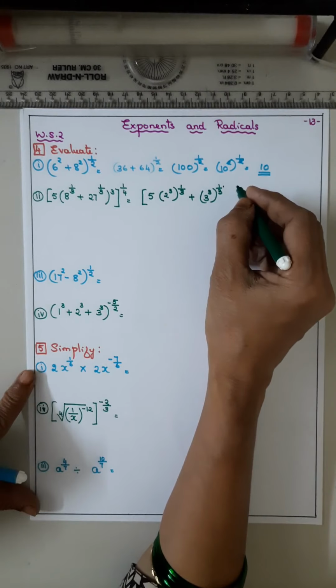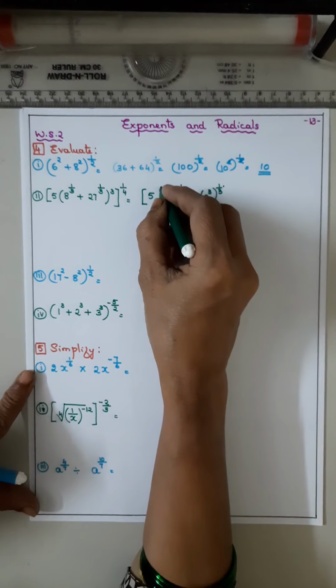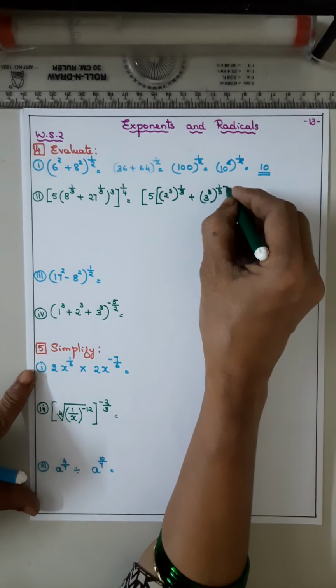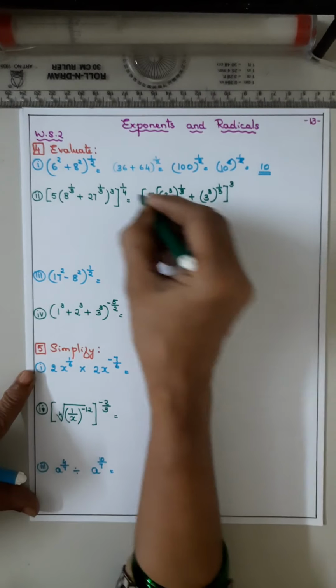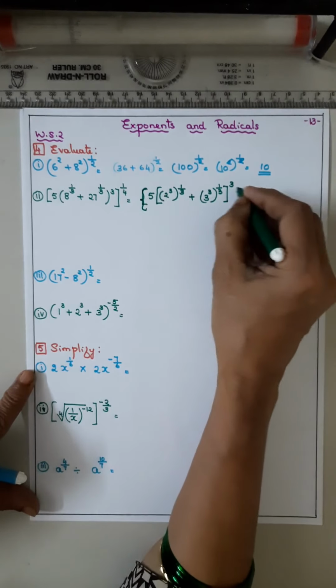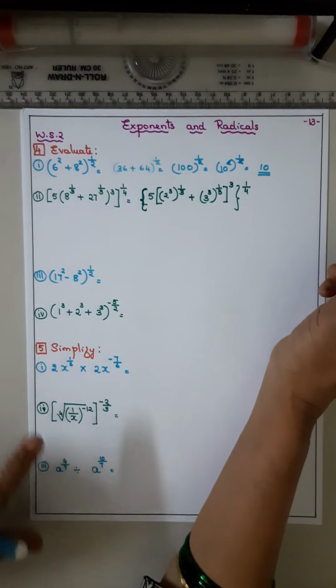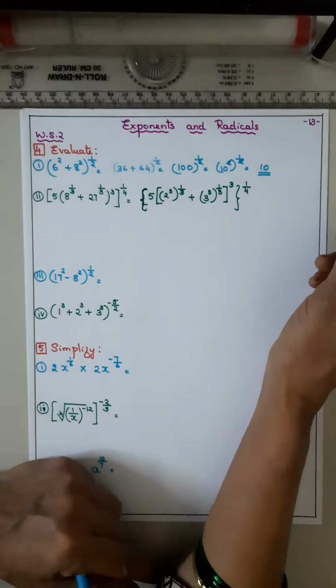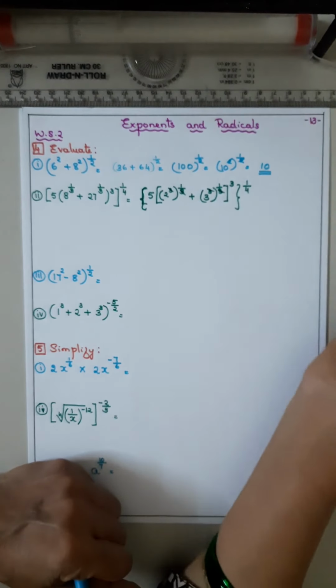Now you have to put the bracket. See, here you put the square bracket and then this 3. And this one put a curly bracket. One extra bracket will come now. Now this 3 gets cancelled, 3 gets cancelled.